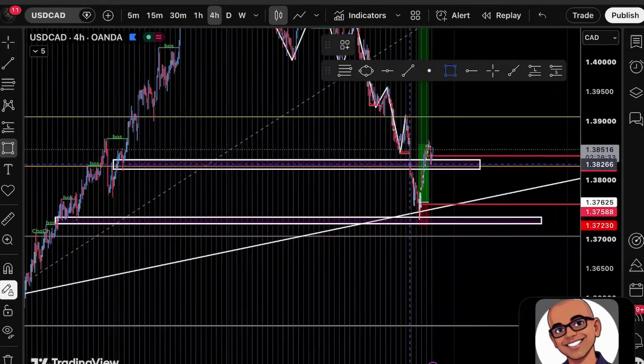Look at this candle, it shot straight through. Once it shot straight through, there is nothing to stop the market other than this right here. And if the market breaks through here, then what's going to stop the market? This right here. So instead of just jumping in at these areas, wait for the market